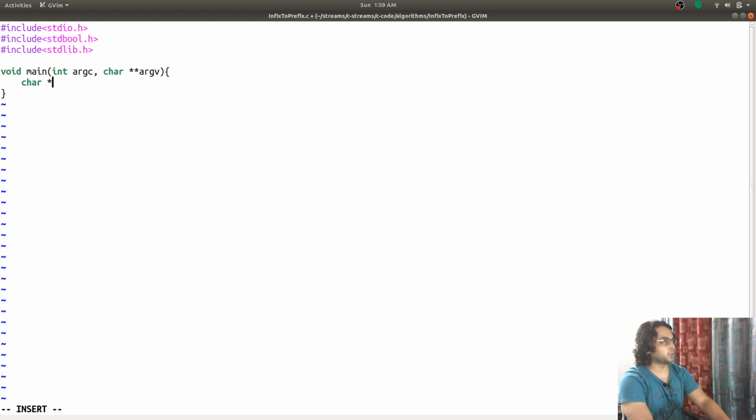Now we are going to store the expression. Move to the first index, or second position, in the array of the input items, because the first value is always going to be the name of the file, that is infix to prefix dot c, and that is done.